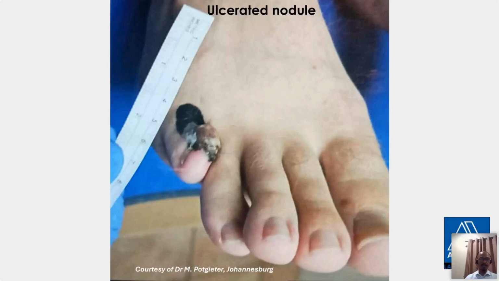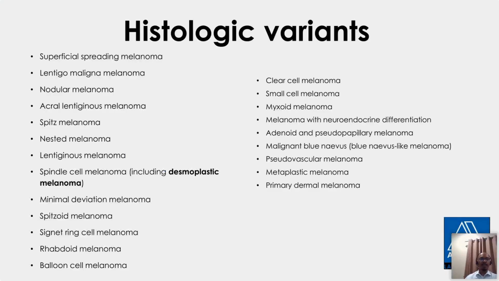Sometimes you get little nodular things that are ulcerated, as in this particular case here. This was an acral lentiginous melanoma. Then with regards to histologic variants of melanoma, there is a lot of them as well. It's basically for us as histopathologists to recognize them so that we don't miss the morphologic variations